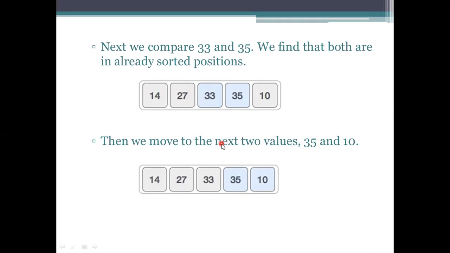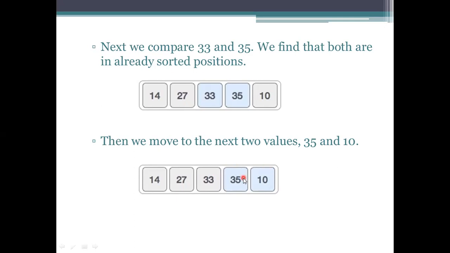Because it is in sorted order, okay, then what we need to do is compare with this element. The next two elements will be taken. If the next element is, for example, 34, then what happens here is if 10 is less than this one, it will be placed here, and then it will be in sorted order.